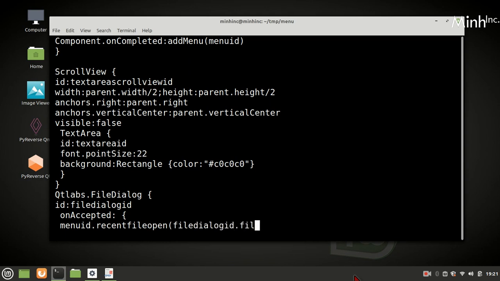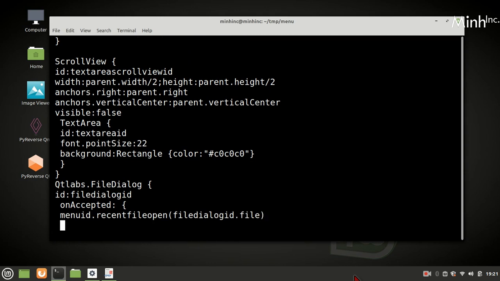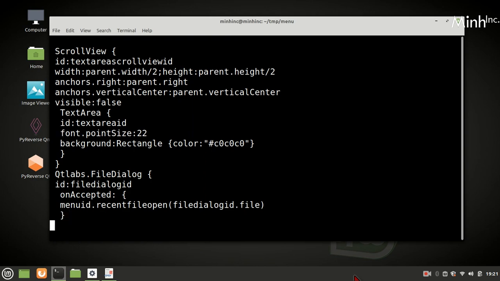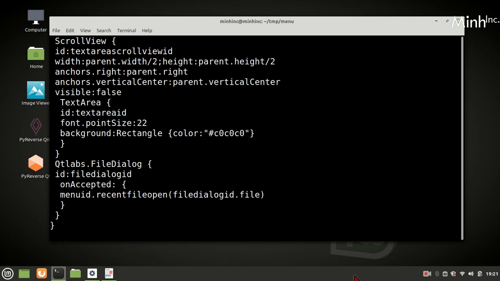So this is the file it is returning. Okay, so file dialog on accepted, it calls recent file open, will introduce a function and passing the file whatever is selected. So that we'll see.